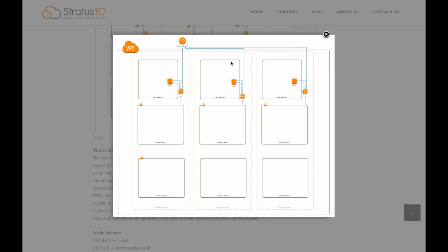Okay, let's say you have set everything up. You have three web servers in different availability zones, three application servers in different availability zones, and three databases in different availability zones. Let's say there is a request coming from the internet, and first it reaches the load balancer. Okay, and the load balancer routes traffic to